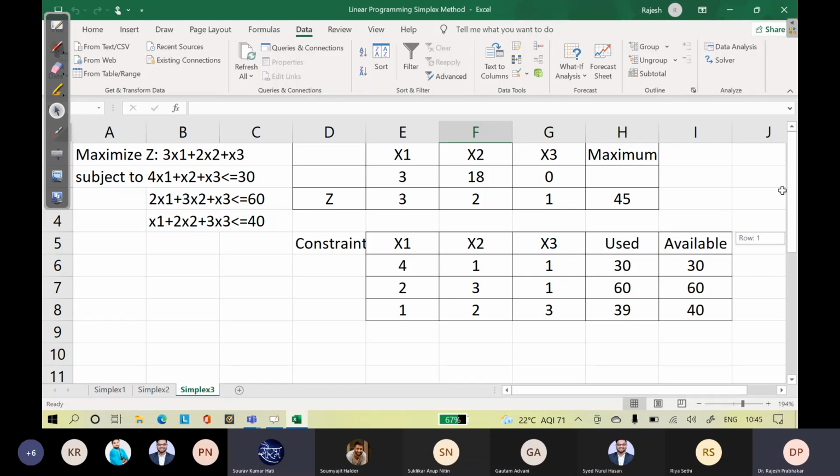So, sir, these variables x1, x2, x3, they can go up to many numbers, right, sir? Yes, in real time I have seen sheets with 150 to 200 variables also. So, sir, how robust is this simplex method in that particular case? Simplex is a very, very robust method. It is used in real-time business consulting also.